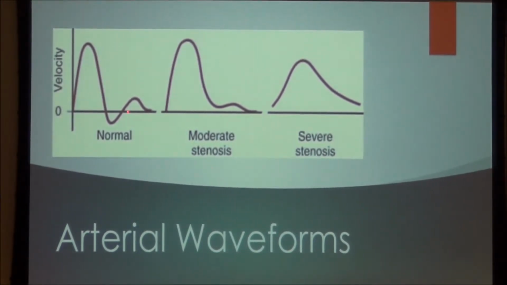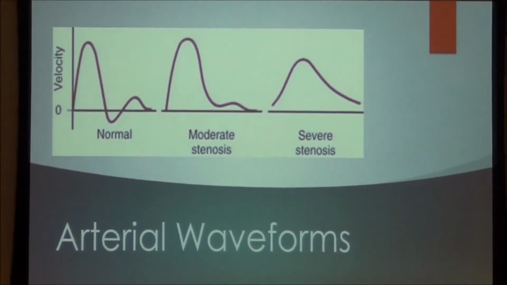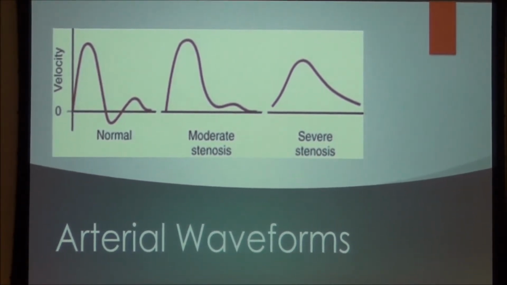This third upstroke is due to elasticity and recoil of the artery in diastole, which pushes the blood downstream. But that quality will be lost in more calcified arteries, and in severe stenosis and severely calcified